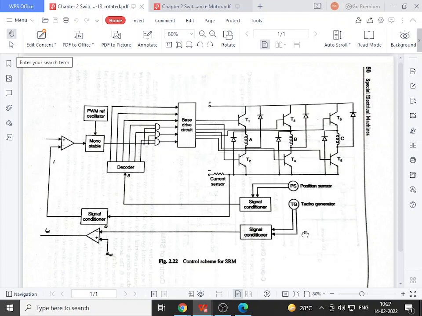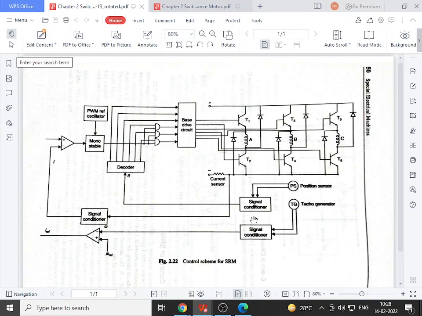So according to your actual control circuit, initially we have to change the magnitude of that particular voltage. That means we have to change the level of the sensor output. For that purpose we can use either amplifiers or attenuators. So these amplifiers, attenuators, then adders, subtractors, comparators, or maybe filters, all these are nothing but your signal conditioners. So for every sensor we have to use certain signal conditioners so that the output of sensors can be conditioned, and that can be used for our further control circuits or as further control signals.